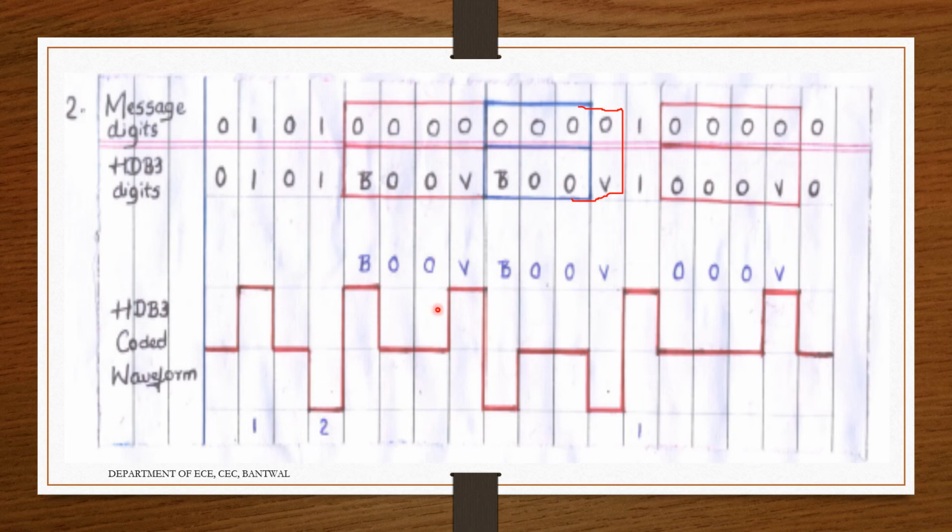Then I have to go for the V000V technique, and I have to check whether the previous pulse is high, plus or minus. Because of the alternate mark indexing, the bipolar signaling, it will become negative. So it's negative. So I have to go for plus 0 0 0 plus 0 0 plus. The V here means violation. Okay, plus 0 0 plus.